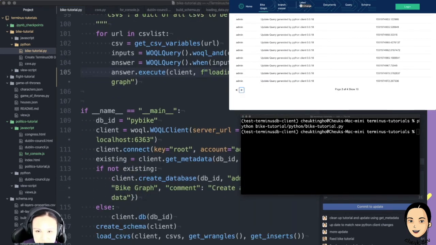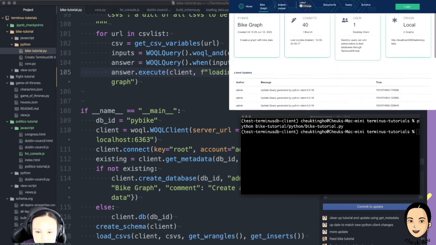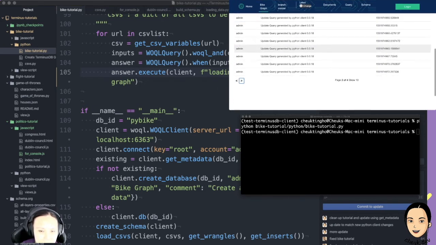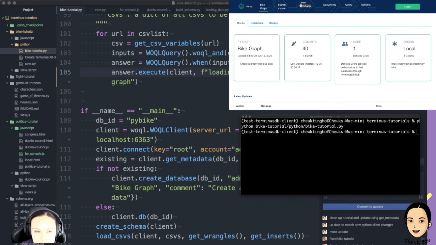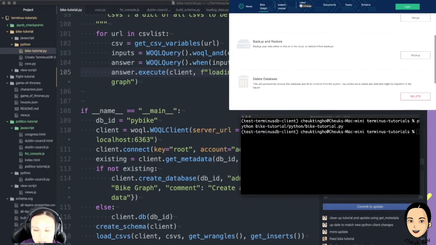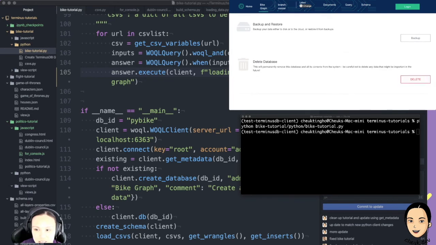I think that's the easiest way to show you the difference. So now you can see this is the default message here. The query generated by Python clients is a bit lame, so we don't know which one is which. So what I've got to do now is delete it. I think last week I gave you a tour, so you see that now when we delete it, we